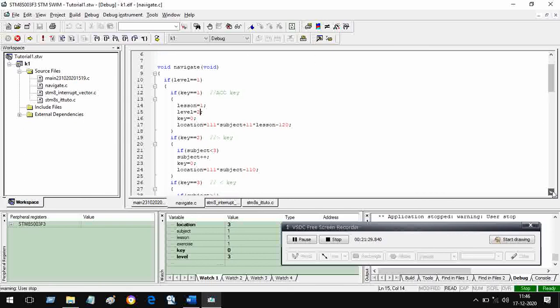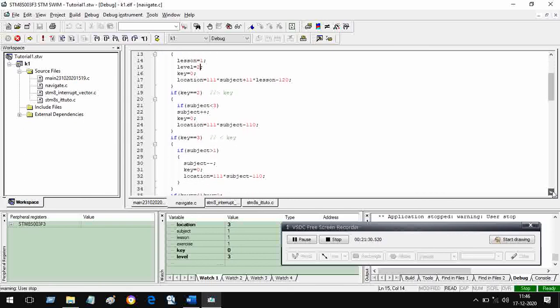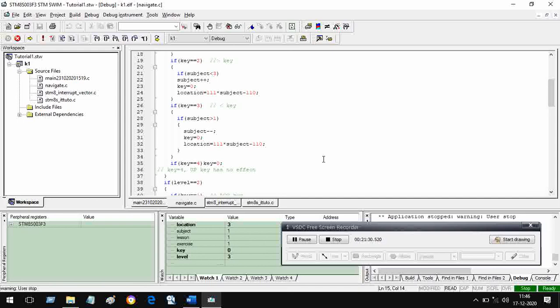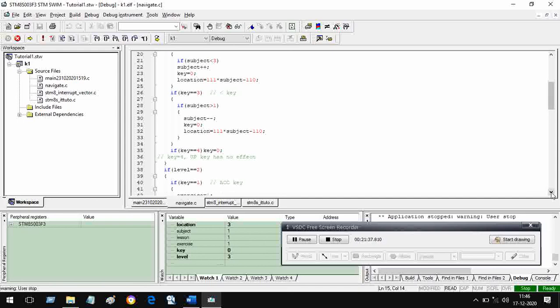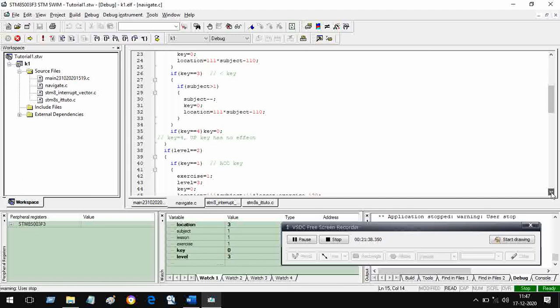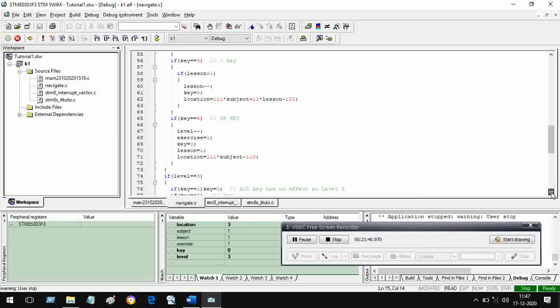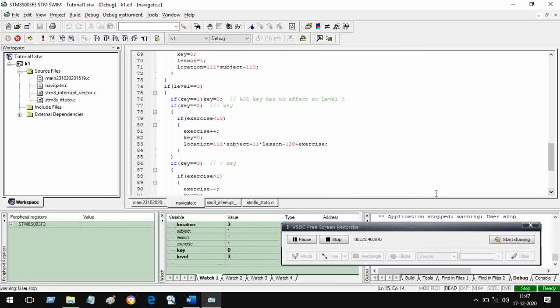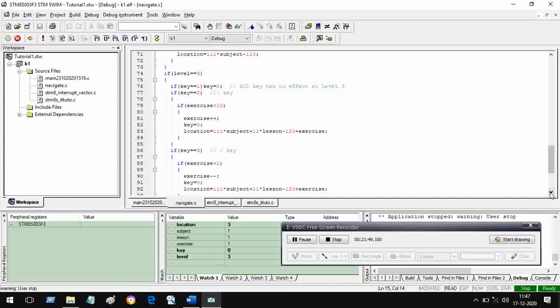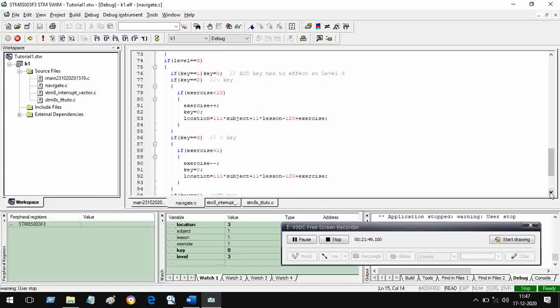We are not at level 1, so I move over to level 2. We are not at level 2 either, so I move to level 3 so that we can see what happens at level 3. At line number 74 you find that you are at level 3. So we should play a little at level 3.